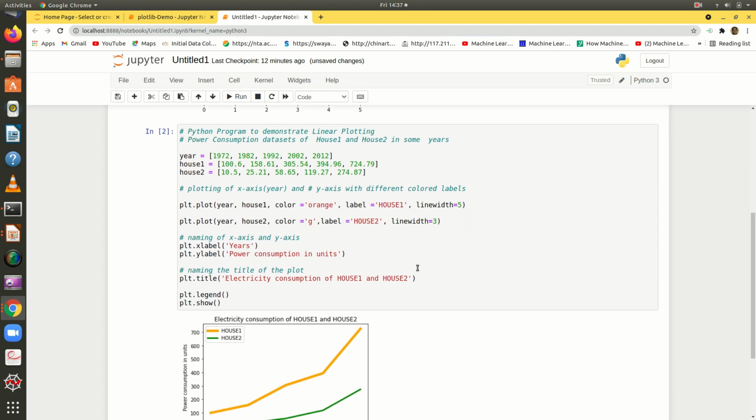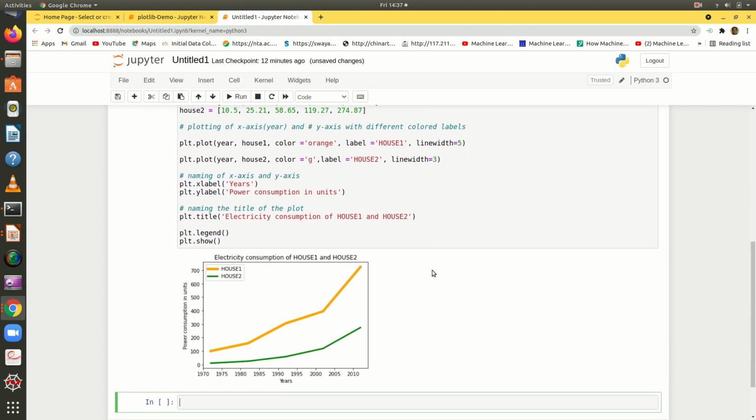Okay, so when I run this code, you can observe the output will be like this. I have years in the x-axis, then power consumption in units in the y-axis, then I have orange and green color for house 1 and house 2.